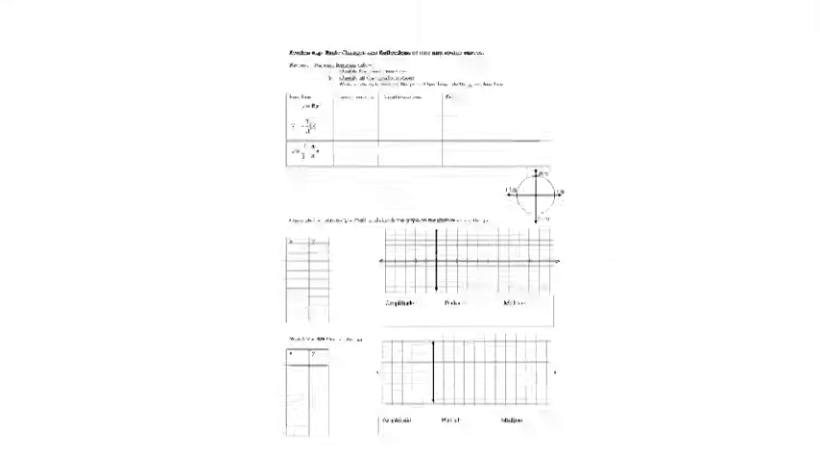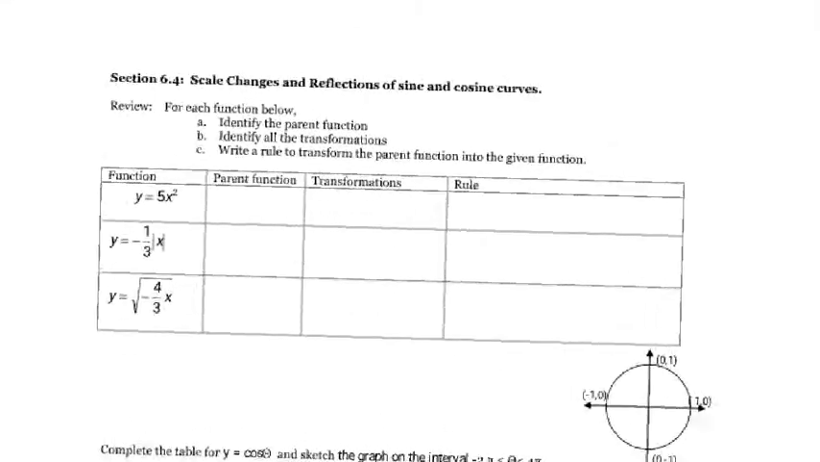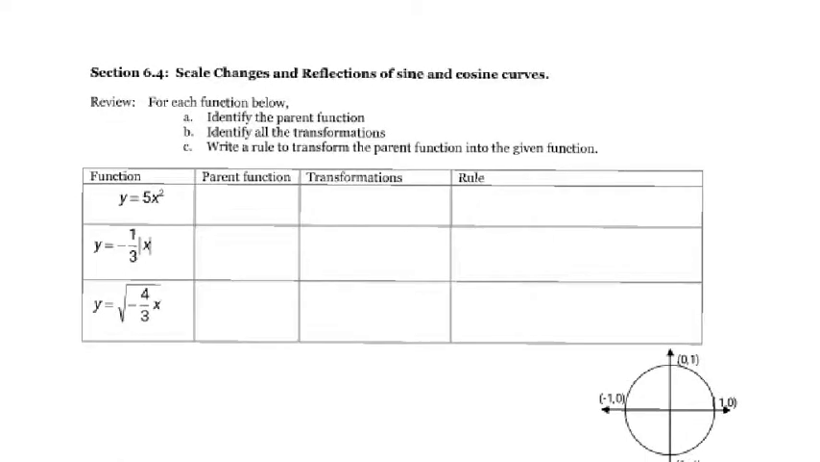We are moving into transformations of functions, and just as a review, we are going to be looking at non-sine and cosine graphs as a reminder of how to do this. So the parent function for this one, for example, is going to be x squared. The only thing that we're transforming here is this 5 out front, and that's a vertical